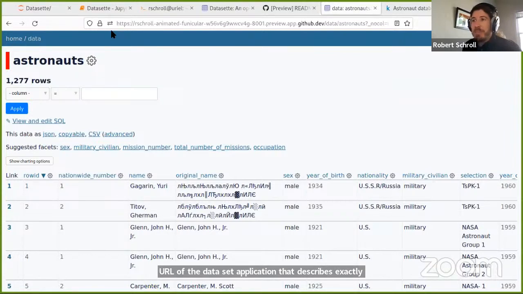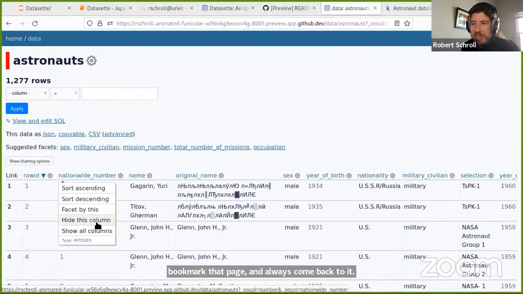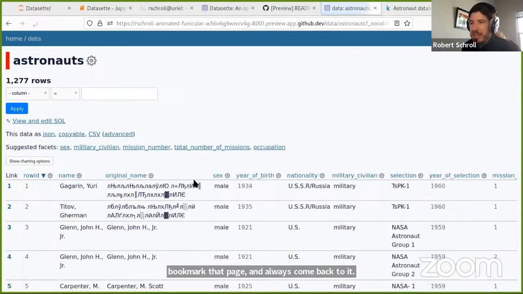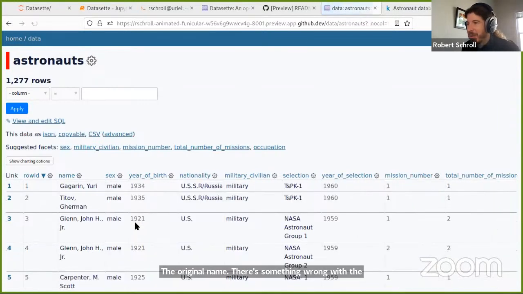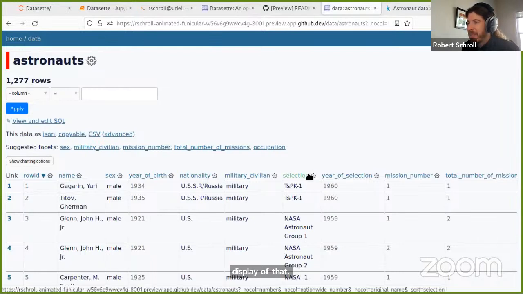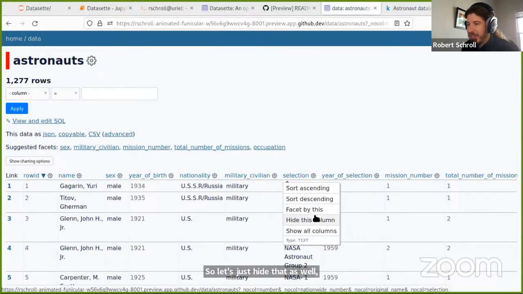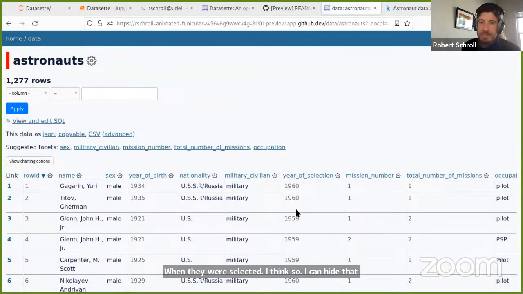So if you like a particular view of it, you can just bookmark that page and always come back to it. So let me get rid of a couple of these other columns here. Don't care about that. The original name, there's something wrong with the display of that, so let's just hide that as well. And maybe I don't care about when they were selected either, so I can hide that column. And I could go hide some of the additional columns there as well.